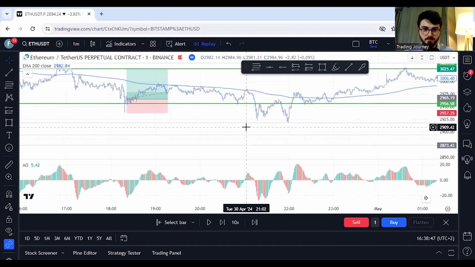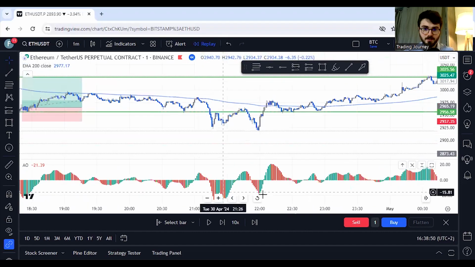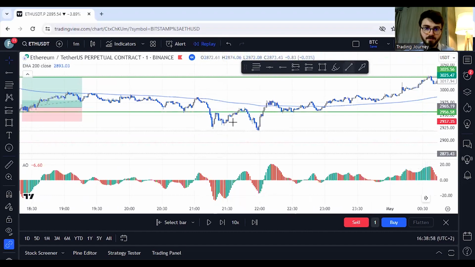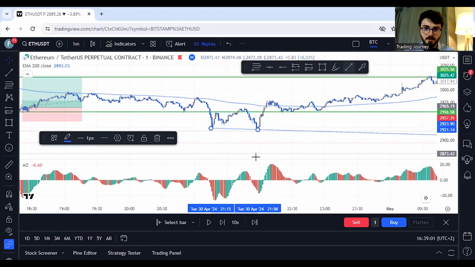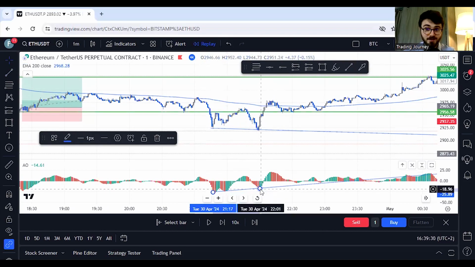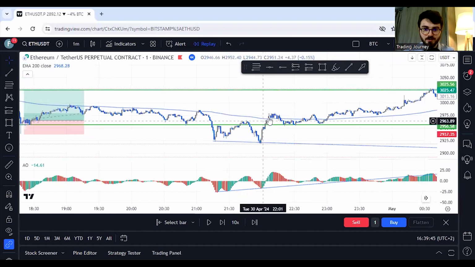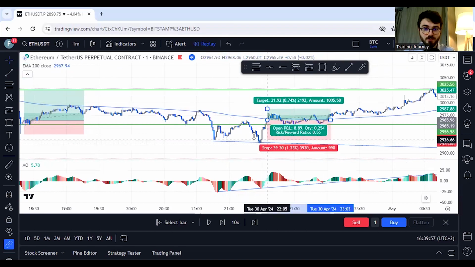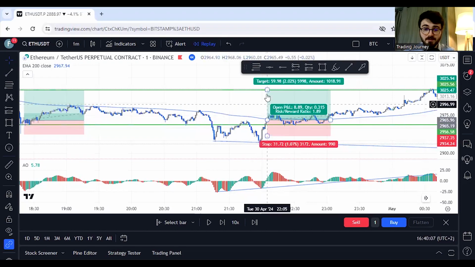But that's okay, because then we would probably get this other setup here, which is also a divergence. So for instance here, this one is a bit lower and this one is higher. And as you can see, these two trend lines are going into different directions. This one is going up while this one is going down. That and the fact that we actually do a fake out and we go back to the support, this is a pretty good setup. And when here we both cross the support and the 0 line, it's a pretty safe entry for this strategy. So we just target maybe this low, because I think there's not a lot of space